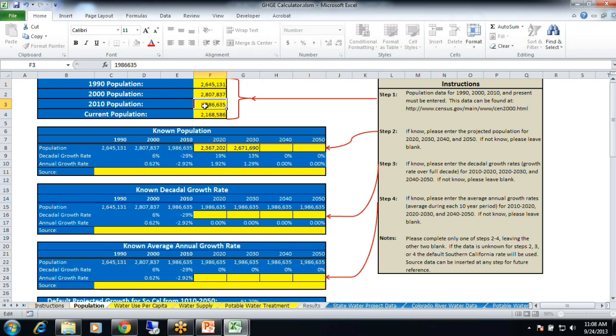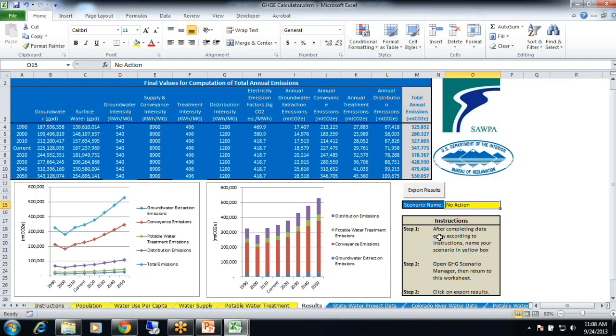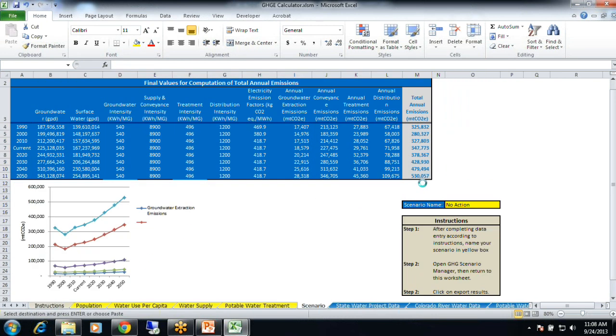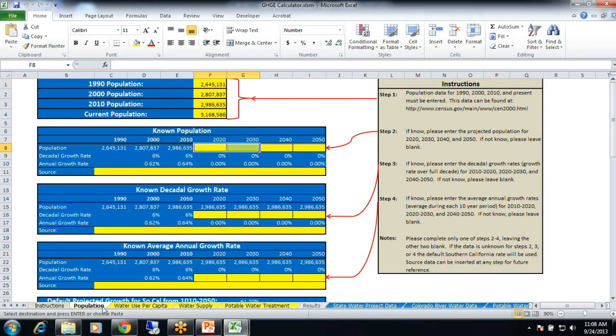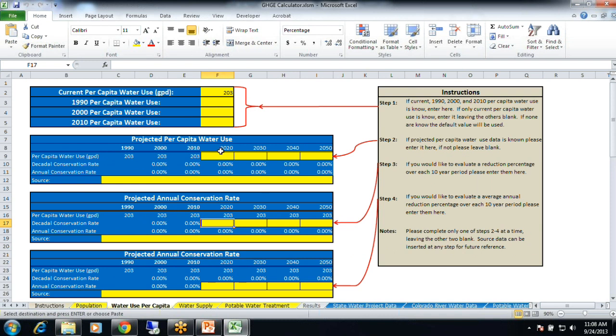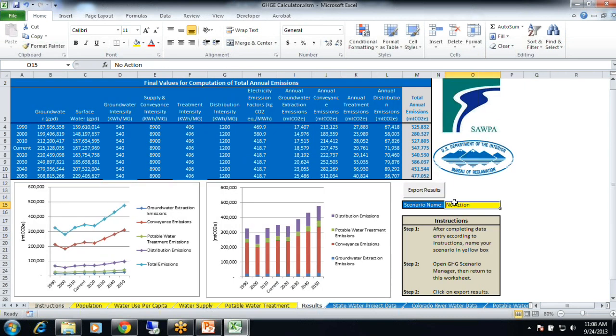So say you got it out to half your watershed instead of just the specified area. Populations, like so, and action scenario. Go to your per capita water use and reduce that by 10%. That can be your action scenario.